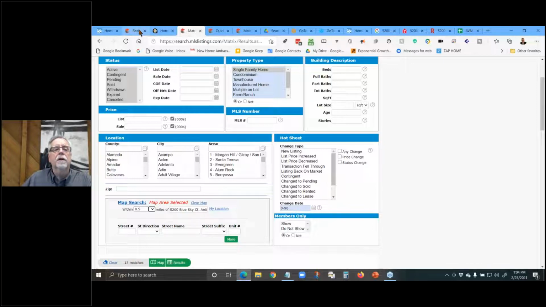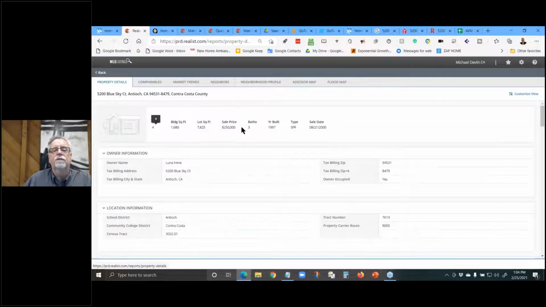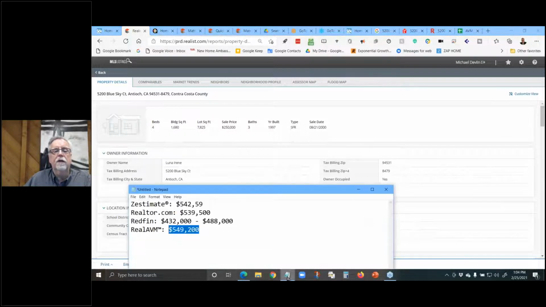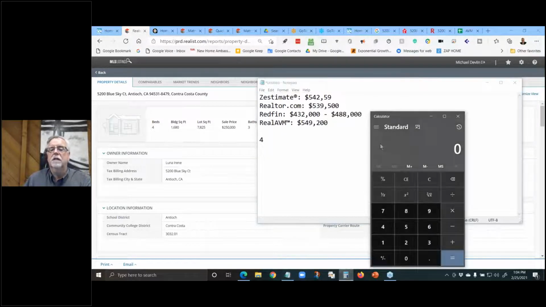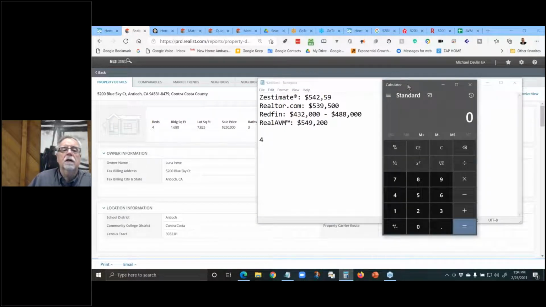Now, remember, Realist is saying this is a 4-3, right? And it's about 1,600 square feet. Now, if we're looking for a good comp, we would probably want to match the 4 bedrooms if possible. And then the 1,680 square feet, what I want to do, and sometimes this is easier to do before we get to RPR, is 1,680